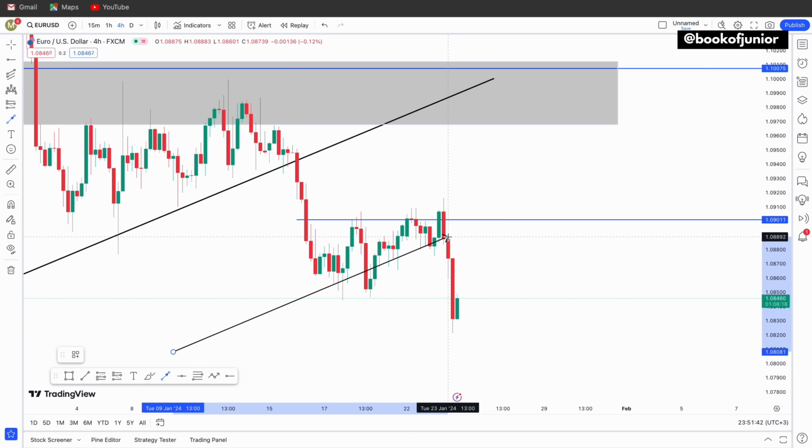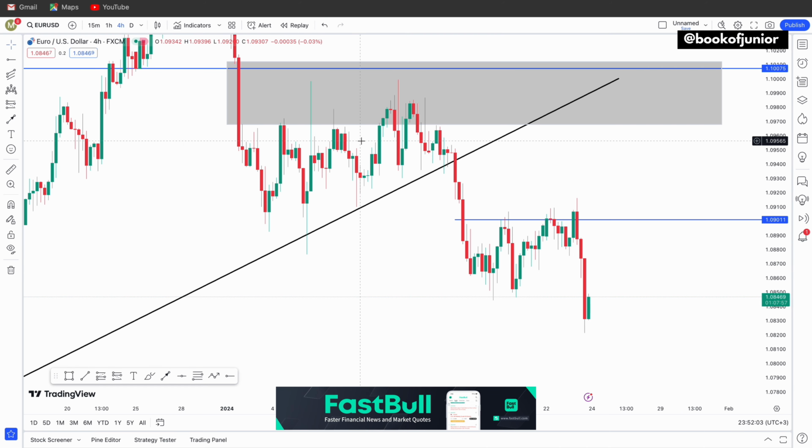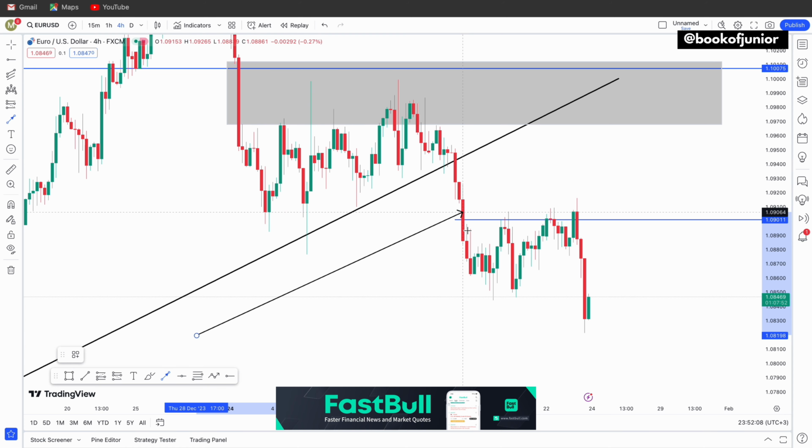You see, traders, now this is the only thing that I was looking out for. And the minute I saw this, obviously I was taking my sell trade. But now let me show you why I was taking my sell trade. I wasn't just selling because the price has broken. So before we go any further, guys, whenever you see these long candles, you see these candles like this,